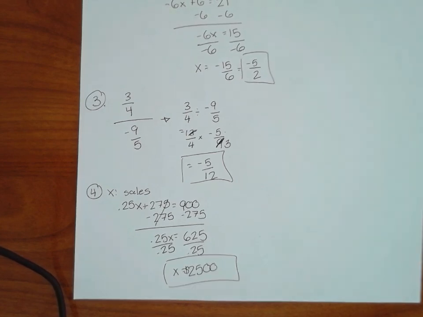So what this is saying is I need to sell enough items to earn $2,500 in sales in order to get $900 in basically my take-home money. That's what that's talking about. All right? Next one,